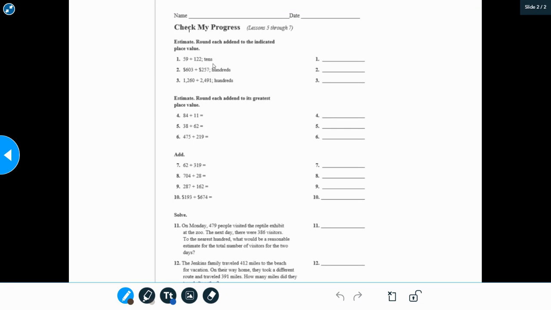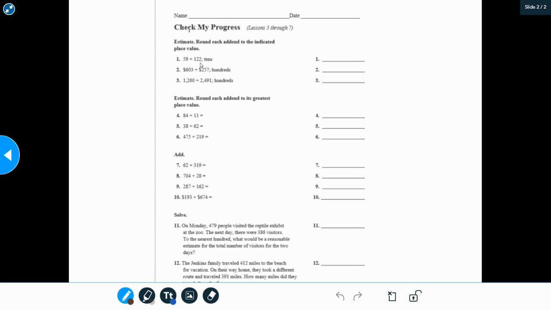So it's telling you to round to the nearest tens place. If we're looking at the number 59, the 5 is in the tens place. The number to the right of it is a 9. Any number that is 5 or greater rounds up. So the 9 is going to cause the 5 to round up to a 6. So it'd be 60 plus,